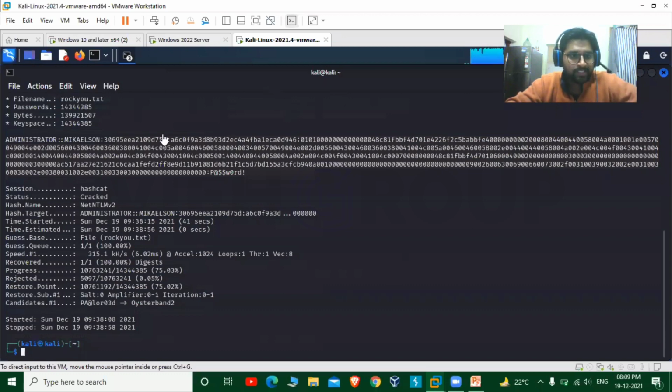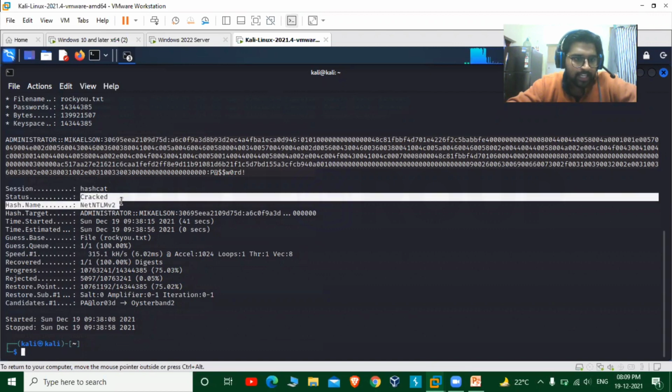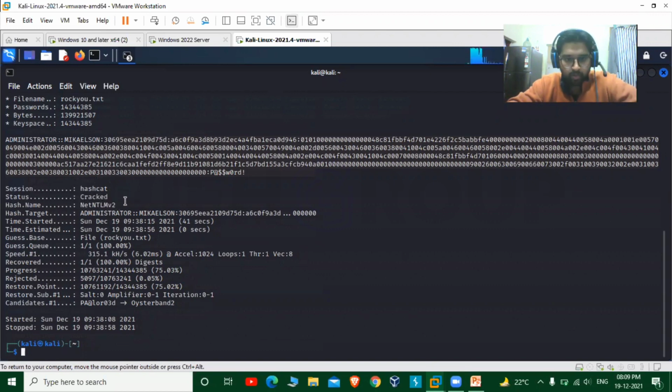So here you can see that Hashcat came back with a cracked hash. Let's see what it's saying. It is saying status cracked. Hash name was NTLM version 2 hash. And what you could actually see is that the hash has been cracked and the password for this